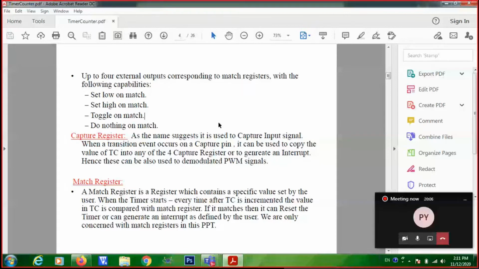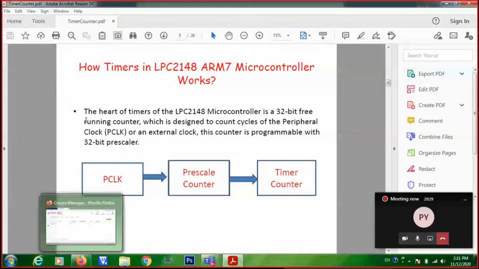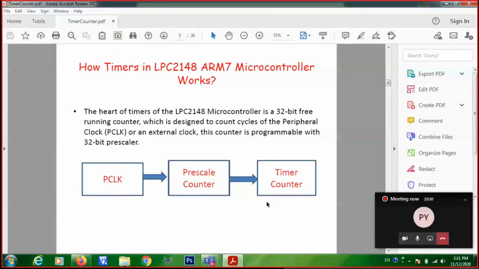Right. So basically, timer is having two modes of operation: timer mode and counter mode. And in addition, 2 more special modes of operation are there, they are known as capture mode and match mode. So this is a basic block diagram of a timer. This is known as your timer counter register. So initially what will happen? Whenever you are giving a peak clock, timer counter will increment, right? So maximum how much time will be taken for timer counter to increment?